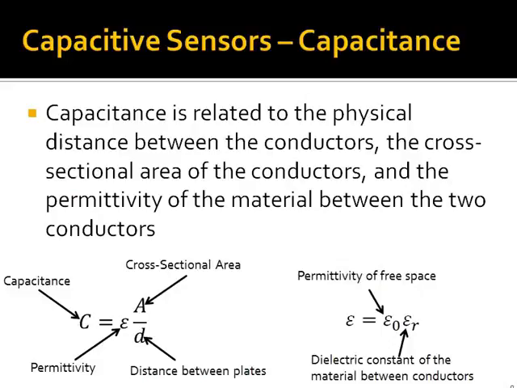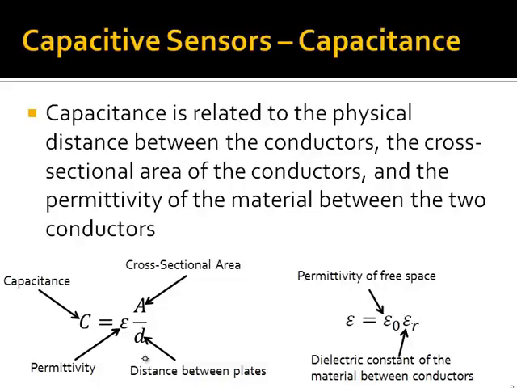When we were looking at resistive sensors, we started by writing out the equation that determines the amount of resistance in a resistive material. We can do the same thing for capacitive sensors. Capacitance is equal to permittivity. That is a material property that is similar to resistivity in a resistor. Similar to resistivity, the permittivity depends both on the properties of the capacitive material itself and also on some environmental properties. The capacitance is also related to the cross-sectional area, which is overlapping of the two plates, and the distance